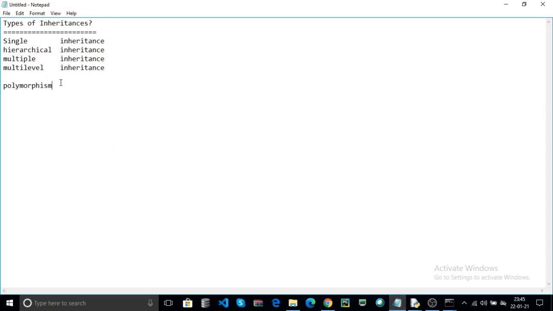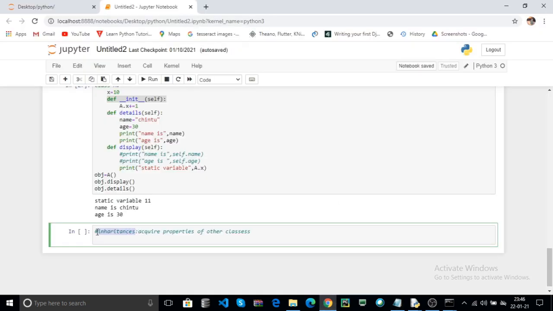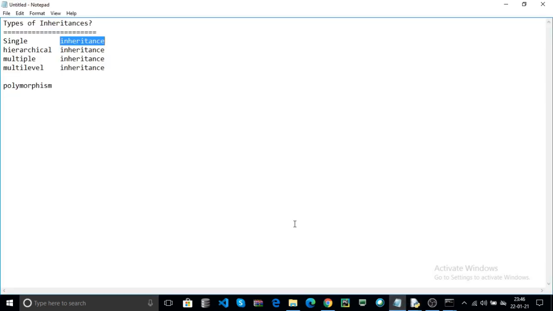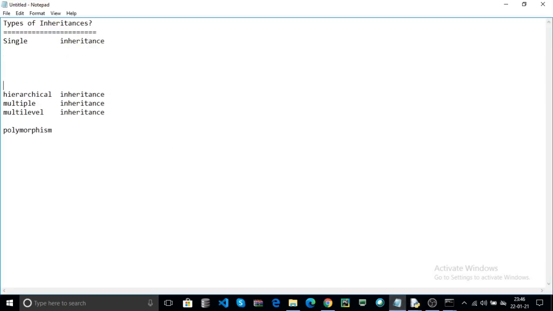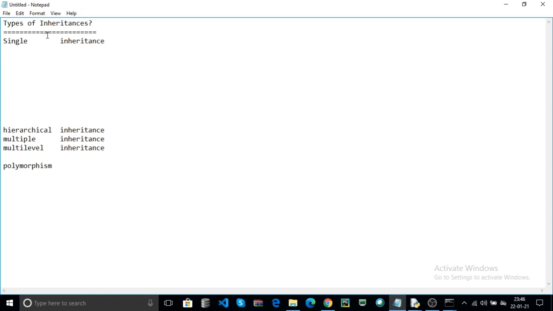Now the inheritances are, first one is the single inheritance. Now what is the single inheritance? Suppose here A is the parent class.